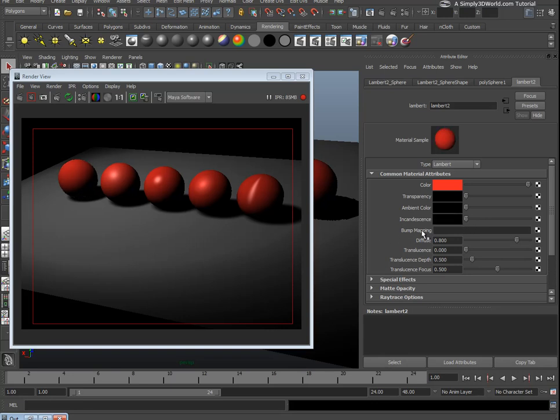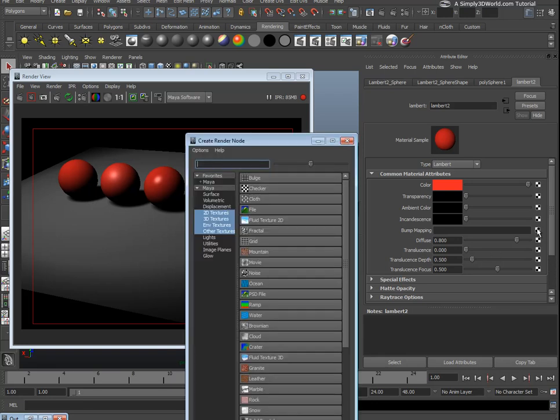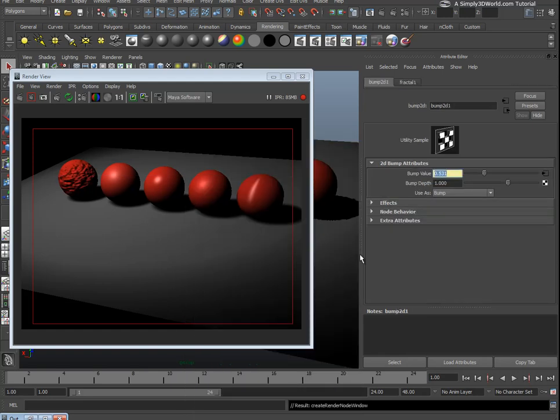So the next attribute is bump mapping, and bump is used to imply that a surface has more detail than it actually does. It will work by offsetting surface normals, so you can go in here and map something to it. We'll just choose a fractal for now. You can map lots of different things depending on what kind of result you want. But you can see here now we're getting an illusion that there's a lot of grooves and crevices on our surface. So it's a nice quick way of